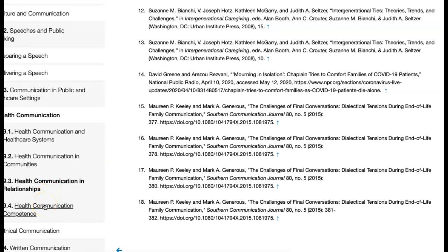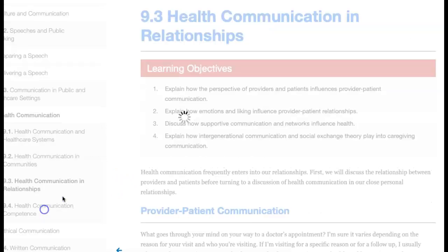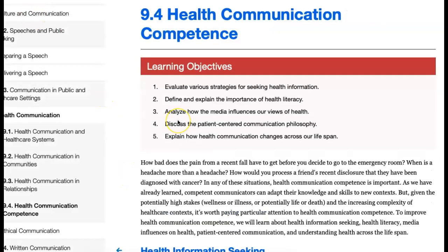All right, let's scroll down and talk a little bit more about the information in health communication competence. So we're going to move into section 9.4. So I want you to concentrate on section 9.3 and 9.4 for this chapter. And again, we're concentrating on the last two parts of the chapter because we've already done a lecture of the